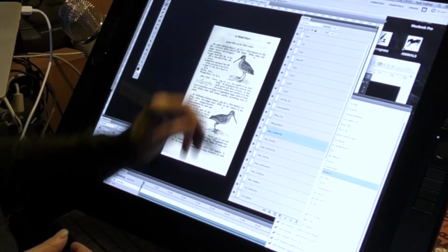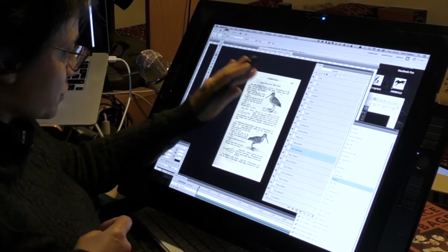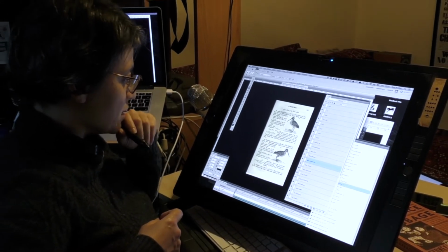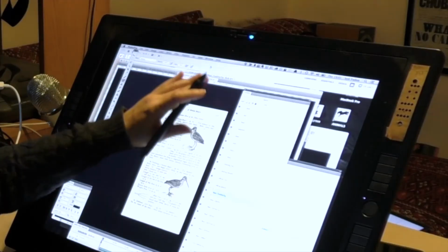Here's one, British Snipes, which I just thought had a nice feel to it. And these were really lovely, lively little guys here. And they feel like they want to move already. So I thought, all right. So to animate them,